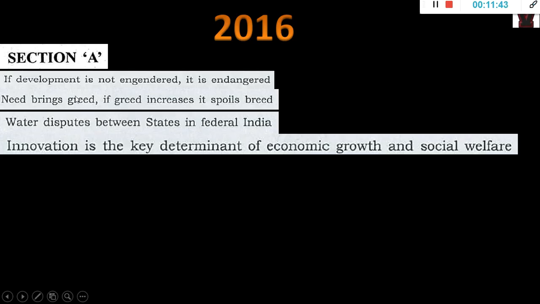Now, here one problem is 99% of the students will select water disputes. So what happens is the examiner will be correcting many papers on this. So you have to make your answer unique. Okay, that is one challenge I am telling you. Whenever it's like 1 out of the 4 is the easiest thing. Okay, 3 are difficult and 1 is easy.